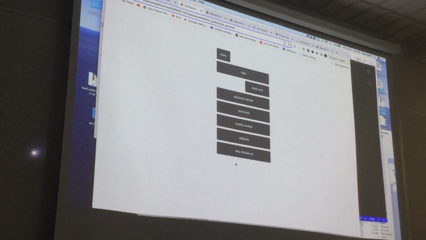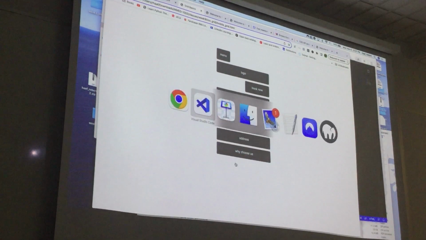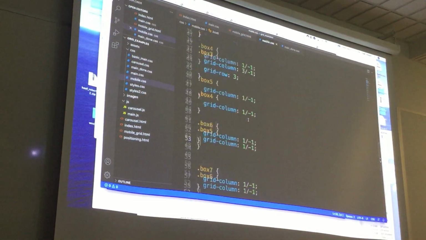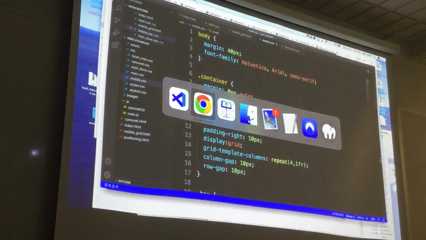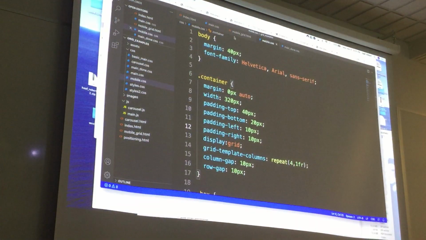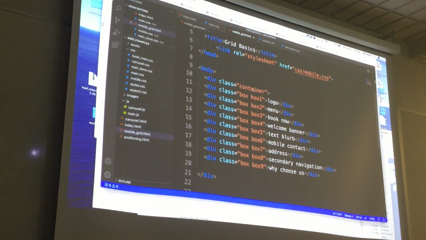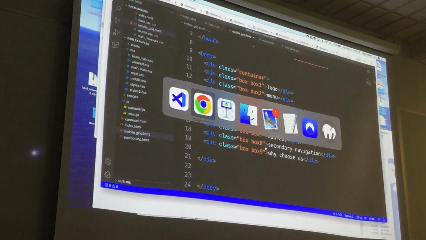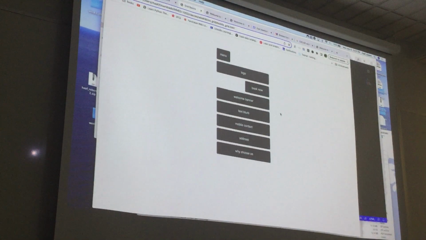Another thing that we can do, there was one other thing in here that I wanted to point out to you, at least I hope it's here. I'm going to go into mobile.css. In this particular one, in mobile grid HTML, again, we just have containers inside of there. Box 8 is secondary navigation. You can see that there. But when I look here, there isn't any secondary navigation at all. And that's because